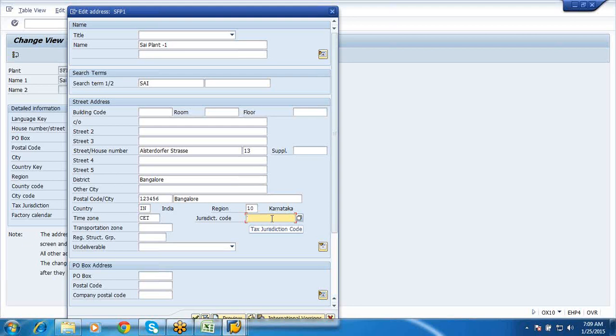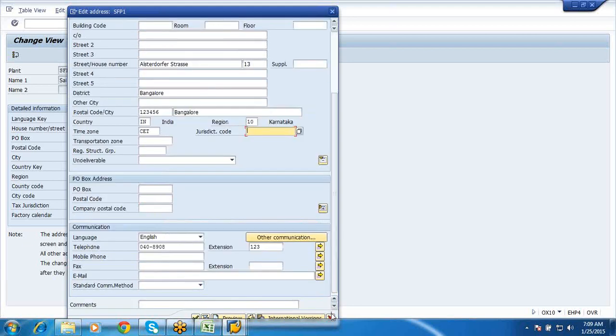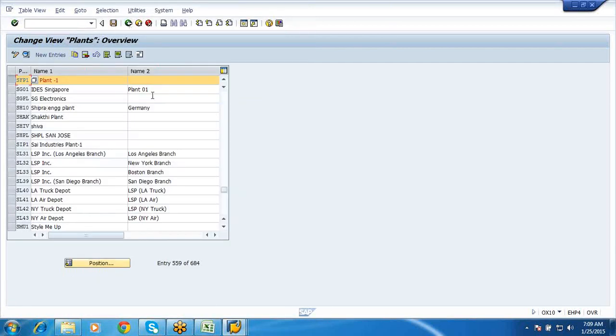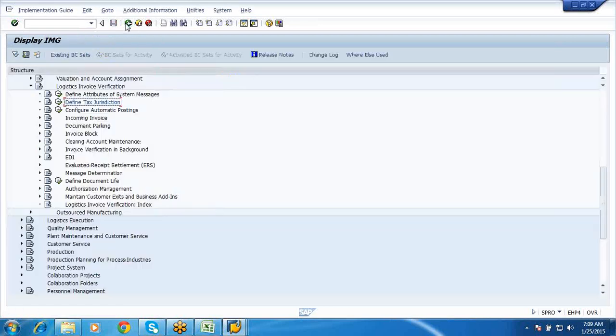This is the place where you can give your tax jurisdiction, and based on the jurisdiction, the tax codes can be defined, which will be taken care of by your finance team.